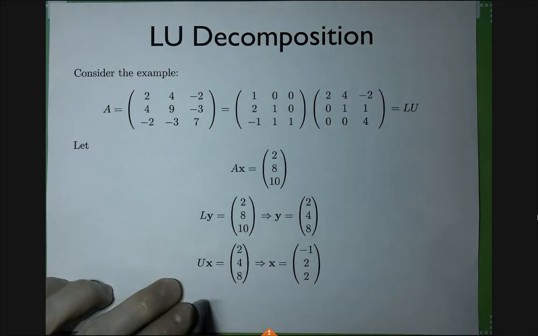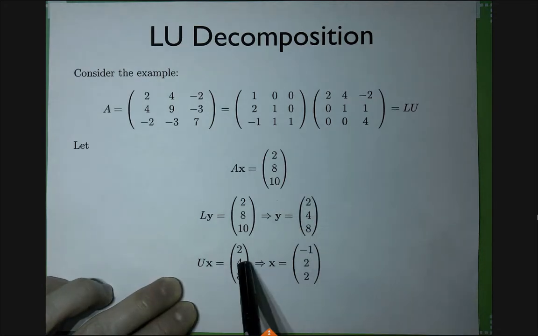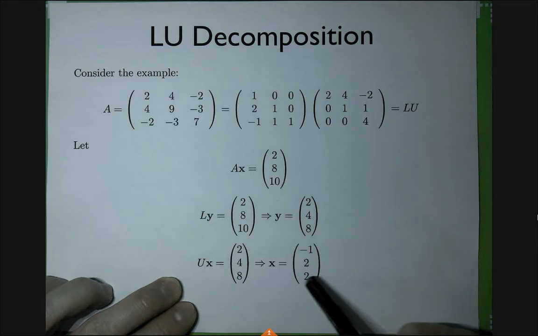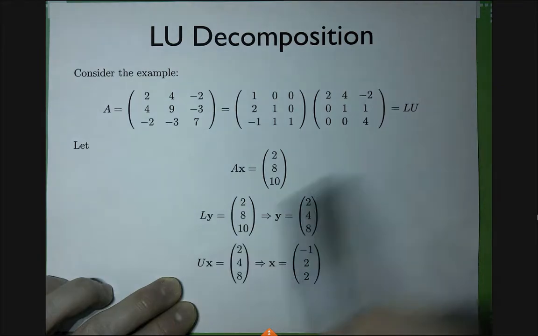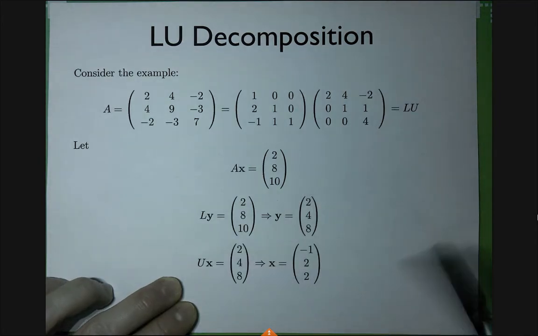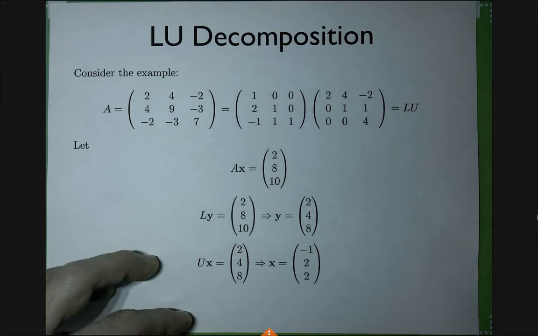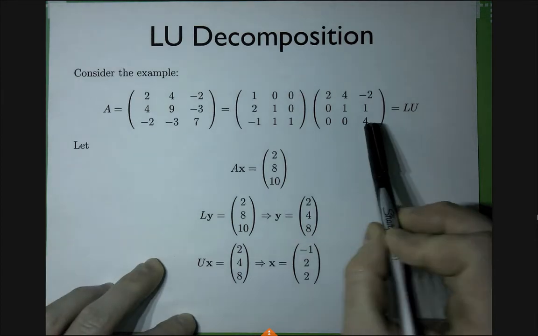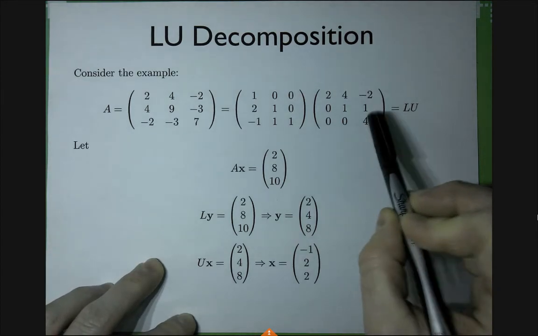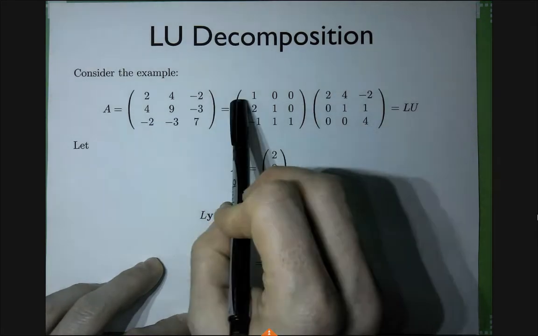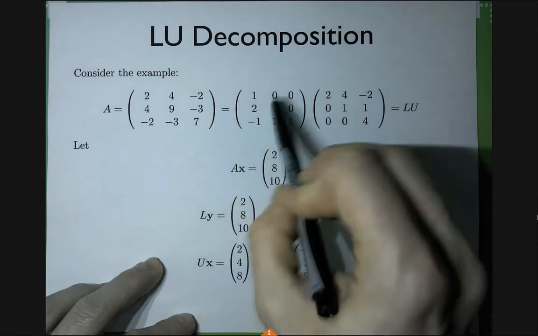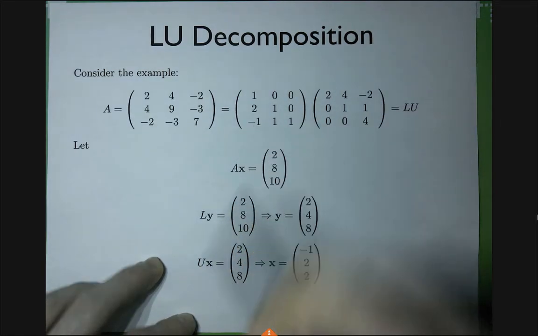And then the second phase uses this as the right-hand side and solves for x, such that Ux is this, what was called y before. And once you solve, this is again easy, right? Because one is lower triangular, one is upper triangular. So in one case it's called back substitution, in the other case it's called forward substitution, but it doesn't really matter which way you go, right? In one way you go from here, so you compute the z, plug in here, compute the y, plug in here, compute the x. In the other case, you first compute the x, plug in here, compute the y, plug x and y here, and compute the z.